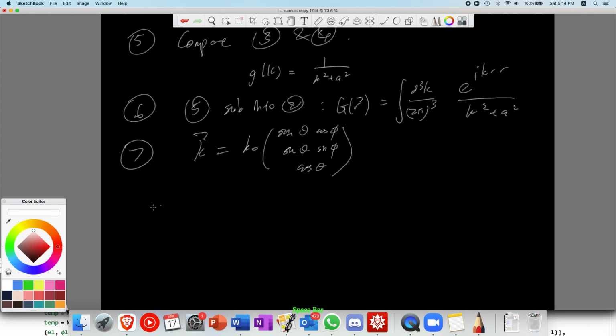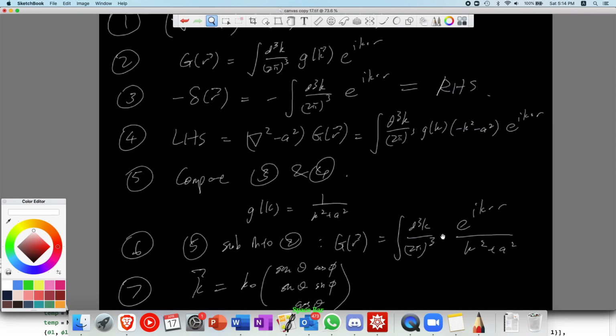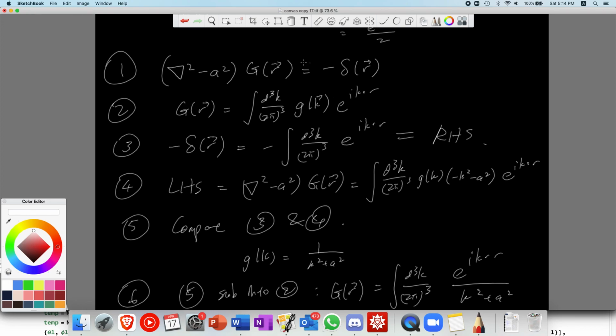Then we can use this to compute two of the integrals rather easily, and the third one using contour integration. So in the end, we use contour integration to get g of r equals e to the power of minus ar over 4 pi r, where r equals the magnitude of the r vector, and hence we have solved our original goal of finding the Green's function of